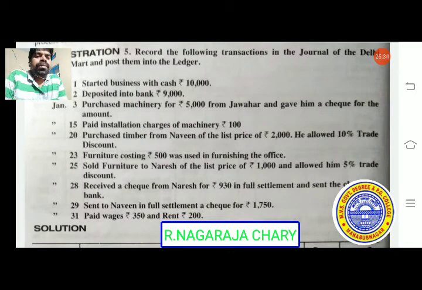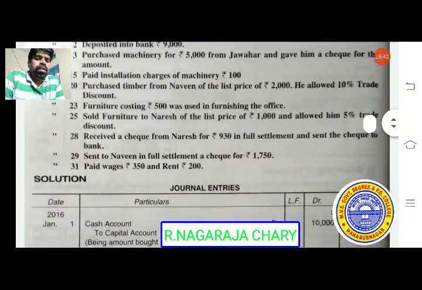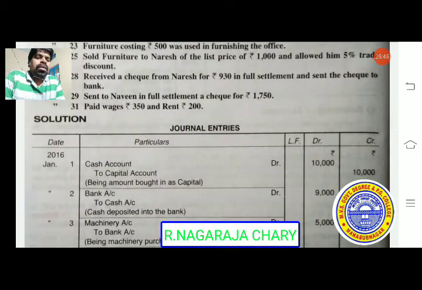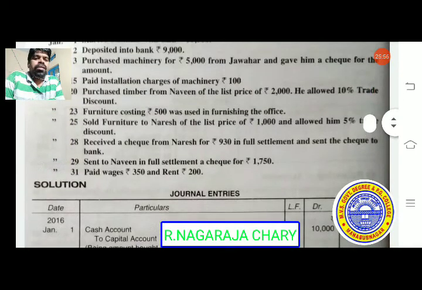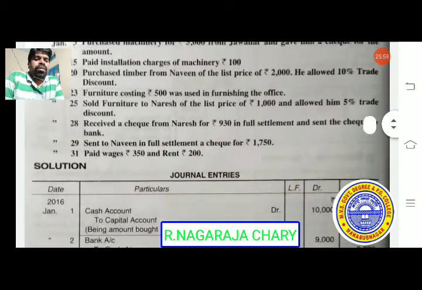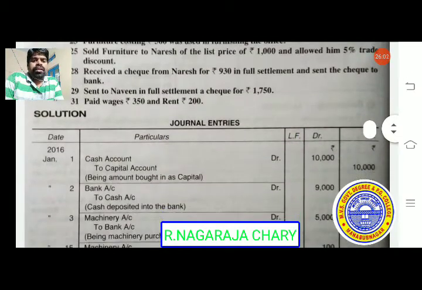Now, the first one. As we already discussed in previous video classes, in the journal we have 5 columns: one is the date column, another is the particulars column, ledger folio, debit rupees and credit rupees. So, on January 1st, 2016, the business started with cash of 10,000 rupees. Here we have two aspects. One is cash is coming inside, and the other is that the person is providing capital to the firm. So, that is why